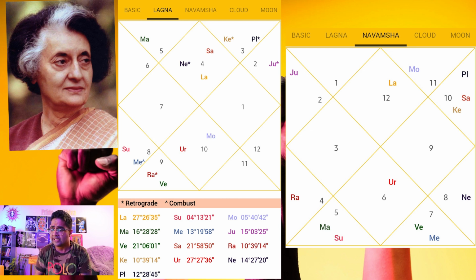Now guys, as you can see in her case, her Mars is placed in the second house. That makes your voice very ferocious, your decision making very ferocious. The second house also tells about your values, your ethics, the kind of environment in which you grew up. Because she comes from a political family, we can see that with the strengthened state of Mars in the second house. Moving ahead, in the fifth house, which is the house of dignity, royalty, power and magnetism, she has Sun and Mercury placed. That in itself is a good indication.